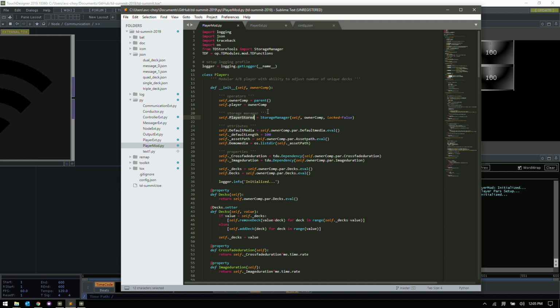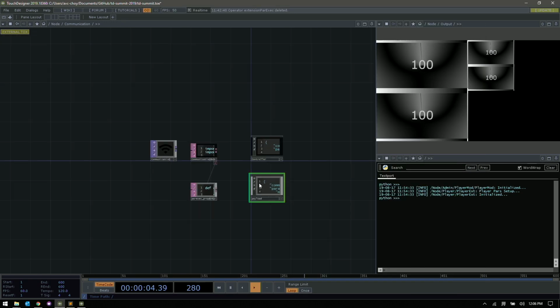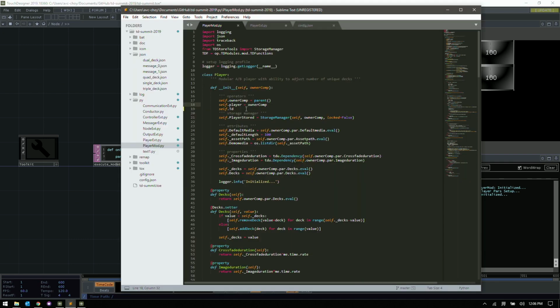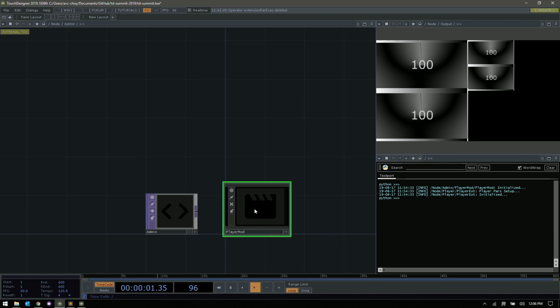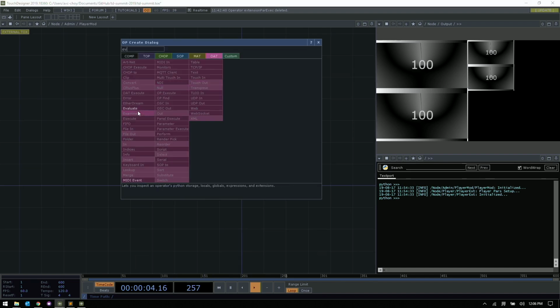Meaning you can access it inside the network. If I just set a variable here called self.td, I could grab that variable inside TouchDesigner by going op.playermod.td. Oops, I should probably assign a value to it. I left all this here for you to explore later, since I didn't want to go too deep into what the code is doing. If I go into player mod now and throw an eval down here,